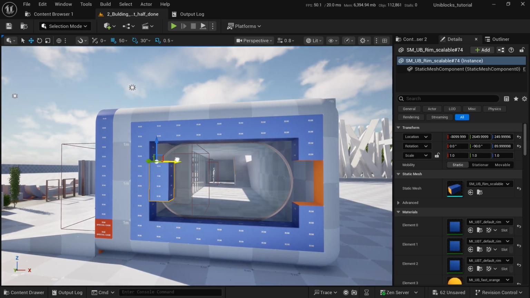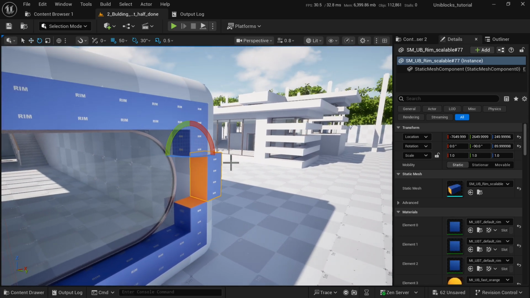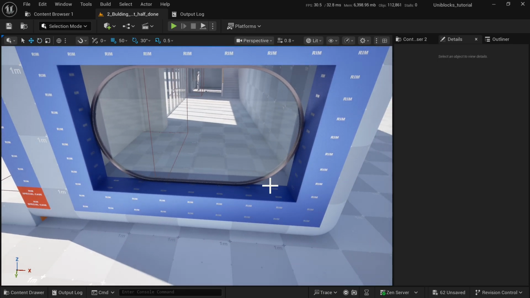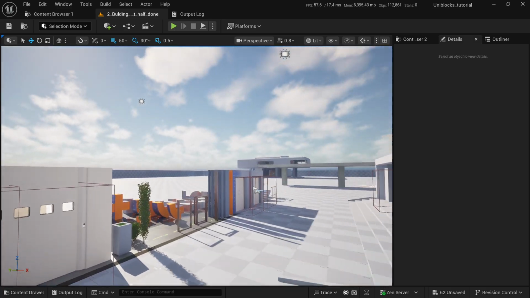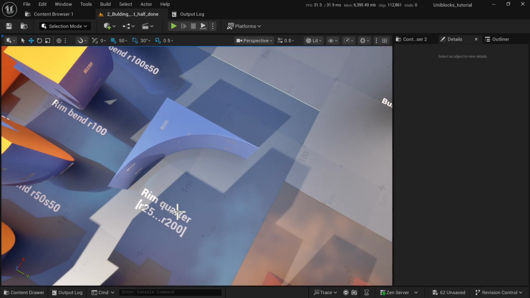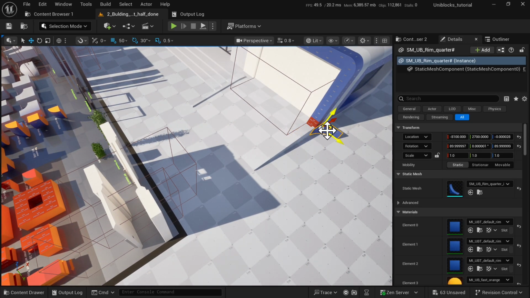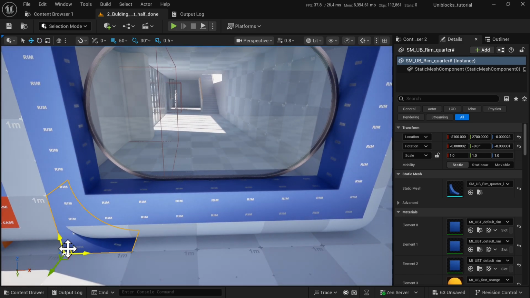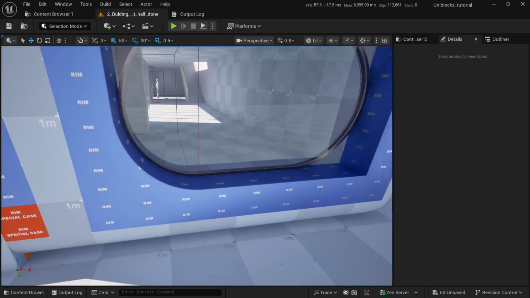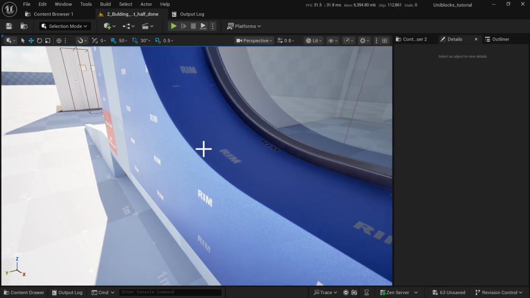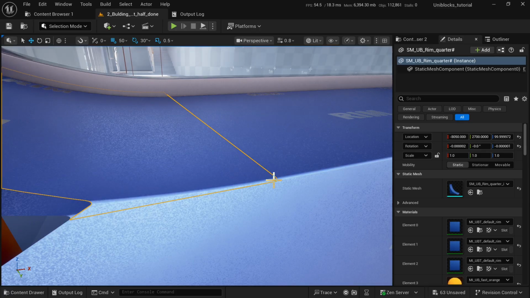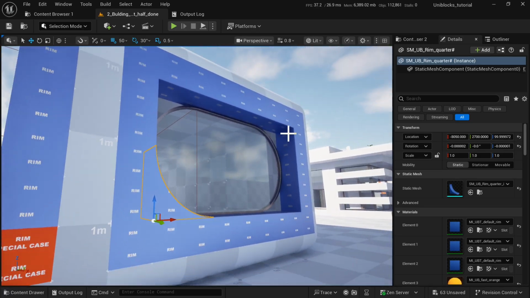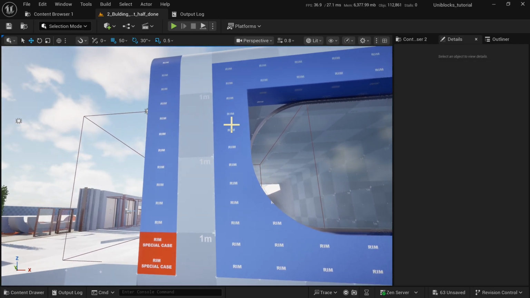And this one here, done. Okay, but how to fill those gaps? To do that, we have special rim quarters of different curvature sizes. Those are like that. So the only thing to remember is that those quarter rims are intended to be used on top of